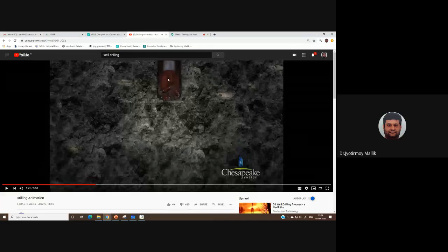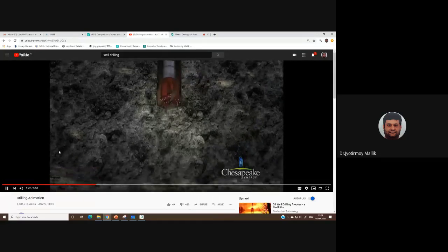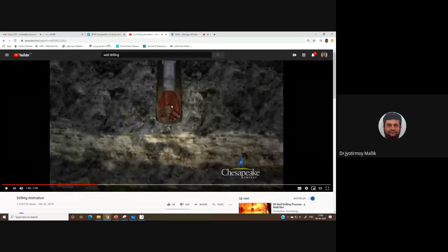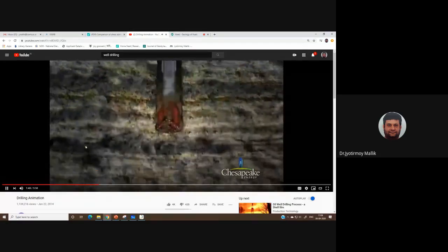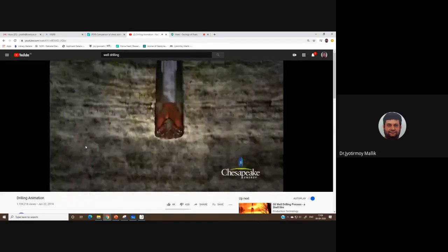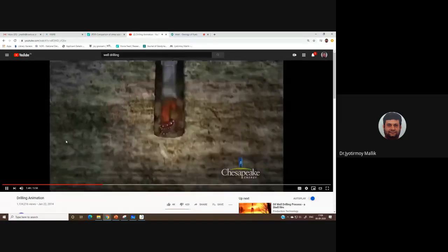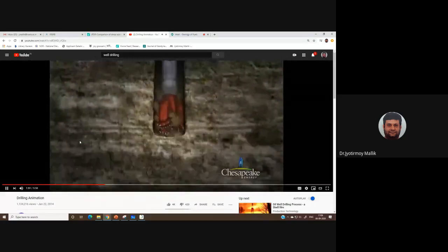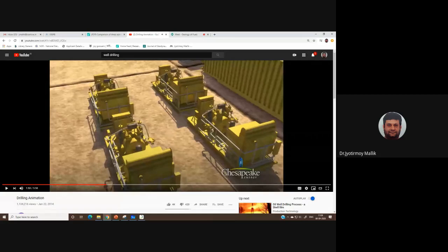So you can see how the drilling operation is going on. These bits are kind of rotating and it is getting inside, right? And while it is actually being drilled, there is this cutting which is coming up. We talked about the cutting. The cutting actually comes up. So you see it's still keeping on cutting, right? This is how drilling is going on. And this type of drilling is called rotary drilling because the drilling happens by rotating the drill bits.